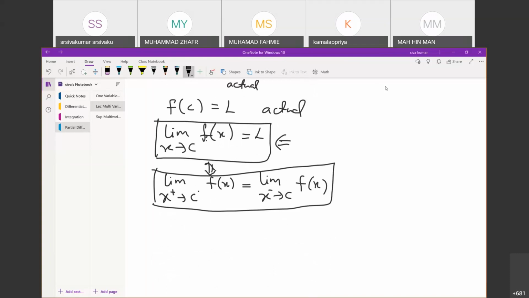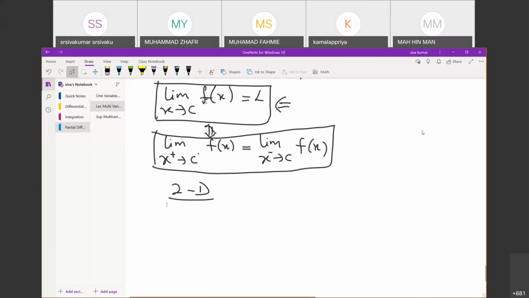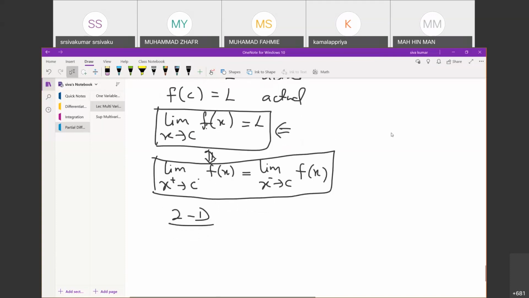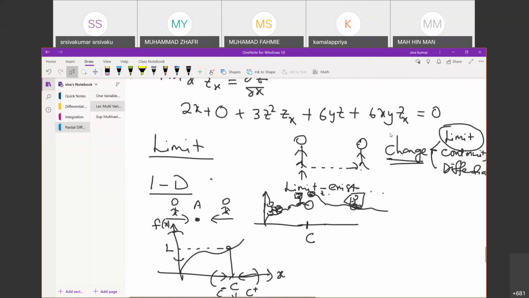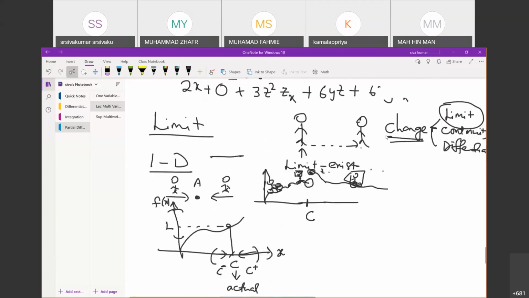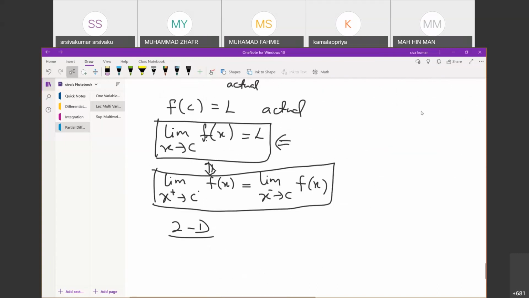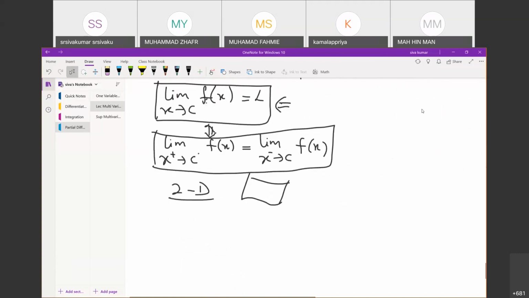Now what about 2D? Now we go one step higher. In the 2D scenario, 2D means it's a plane. Remember, I just explained to you: 1D is a straight line, and 2D is a plane. That means any surface like that. Okay, 2D meaning is this.